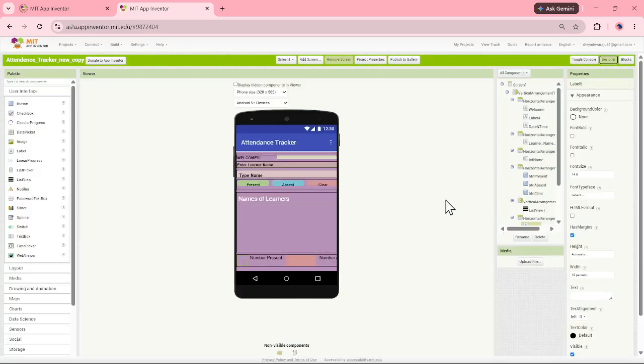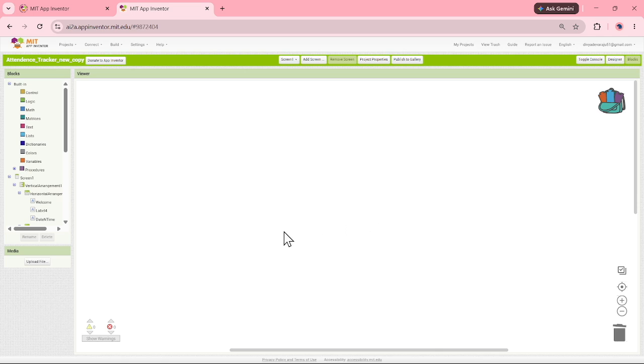Hello everyone. Now here we have created the user interface for the attendance tracker. We're going to continue this by coding. We're going to start coding and we're going to do that by going into blocks. Towards the right hand side corner we see the blocks. When I go down to the blocks here,